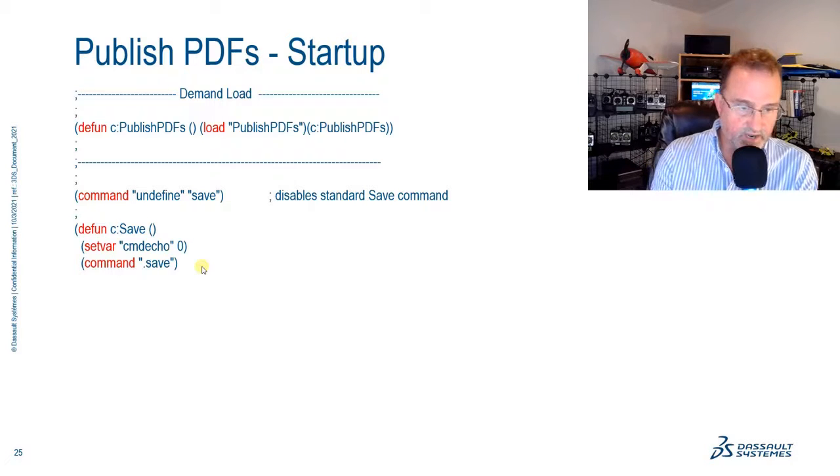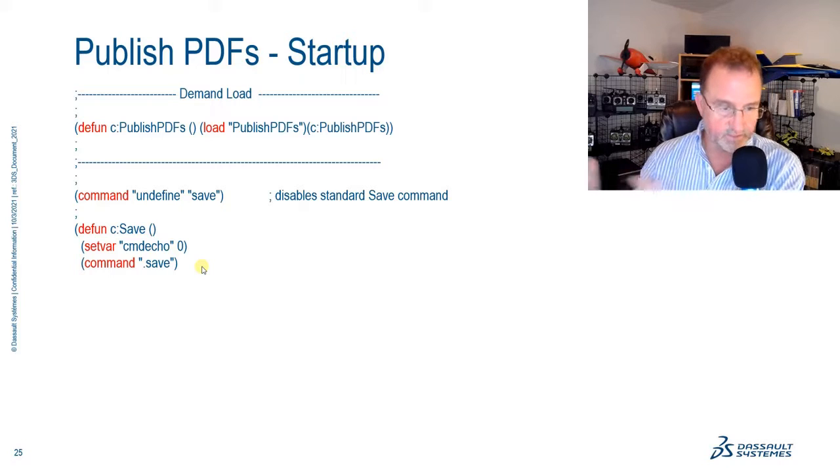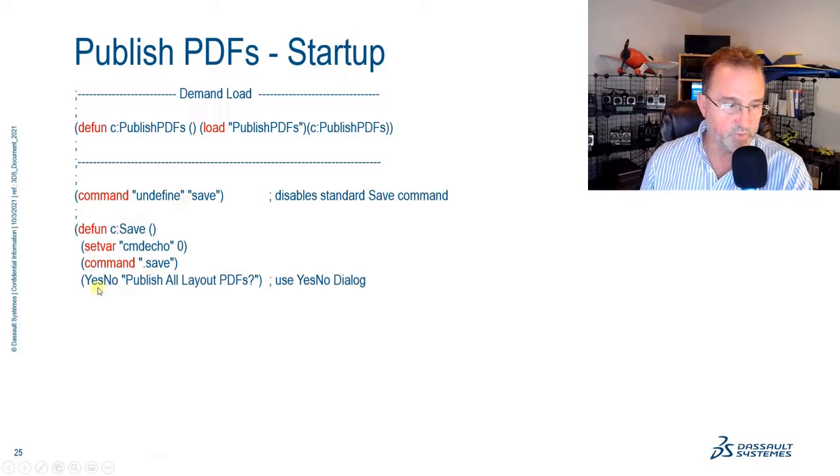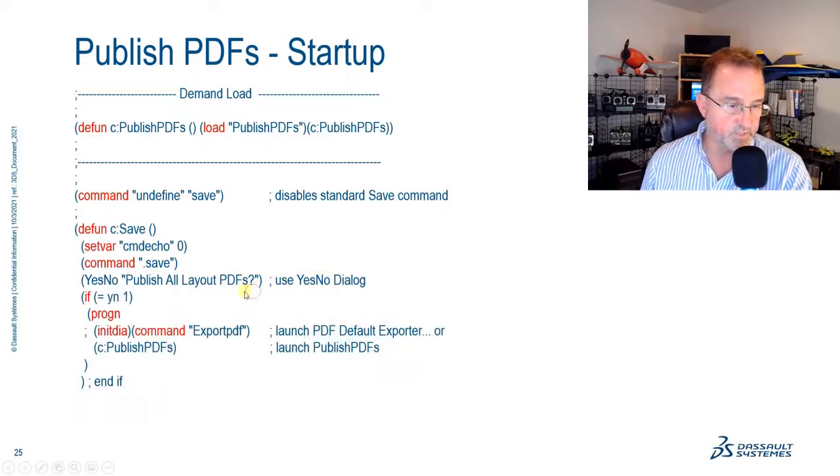So even though save doesn't exist, .save, the core command, still exists as the original save. So we're going to run that save command first. So we're actually going to go ahead and make sure we do save the drawing. And then I'm going to use my yes/no dialog box to say, do you want to publish all the layouts? And if someone says yes, if the value of yn is set to 1, well, then